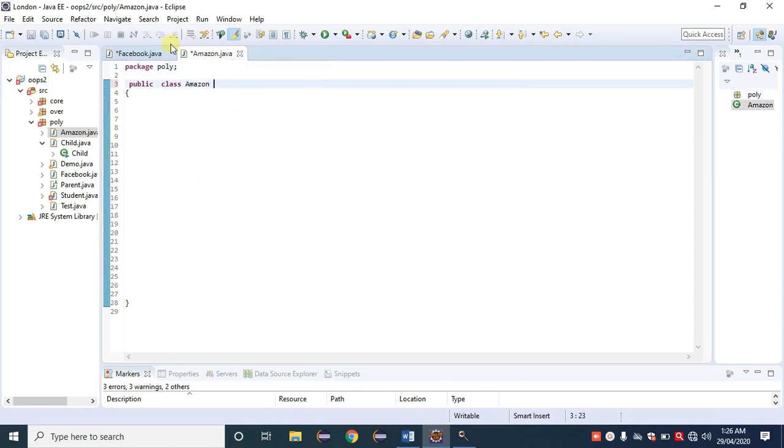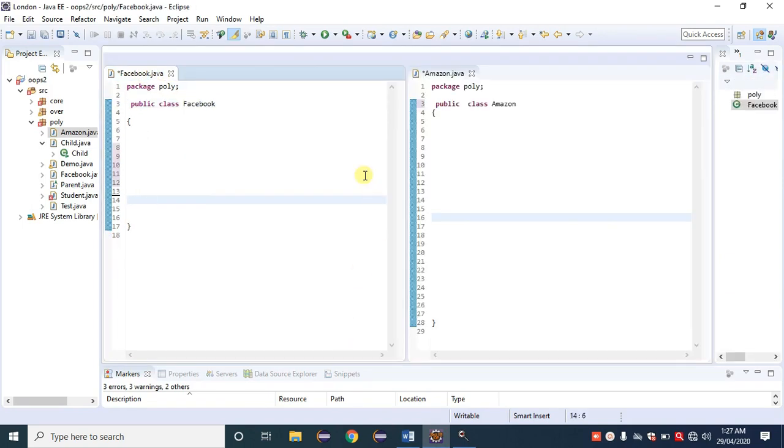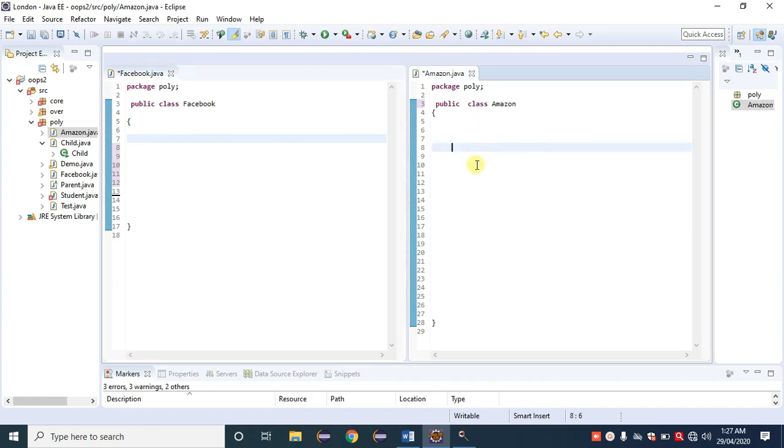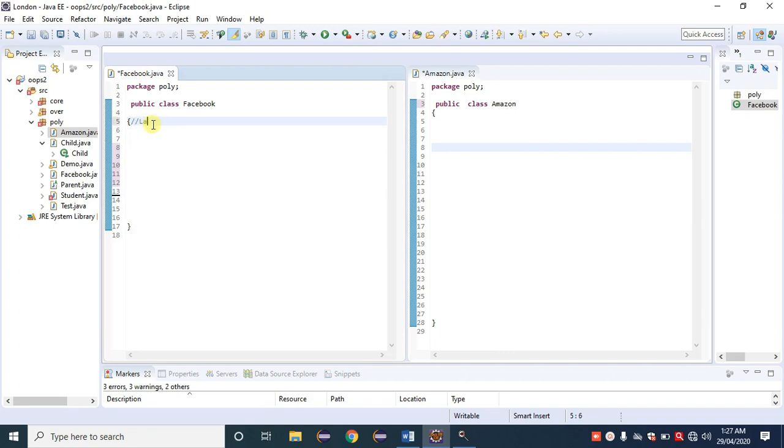The first class has the name Amazon and another class has the name Facebook. First class is Facebook and the second class here is the Amazon class. Inside Facebook I need to launch a browser and then launch a URL. A similar operation I need inside Amazon, that is, launch a browser and then launch the Amazon website. Here I am just writing launch browser and the second operation is URL launch or open URL.